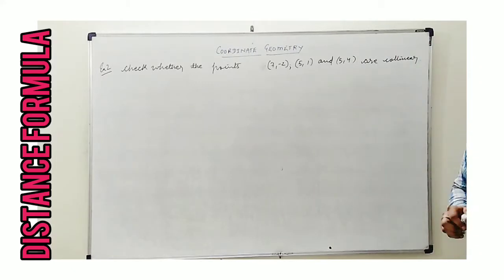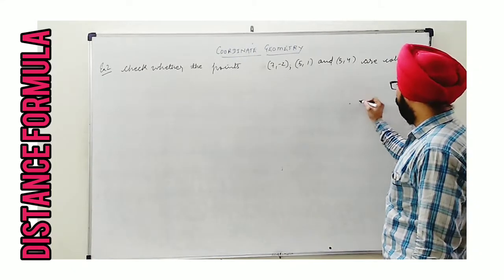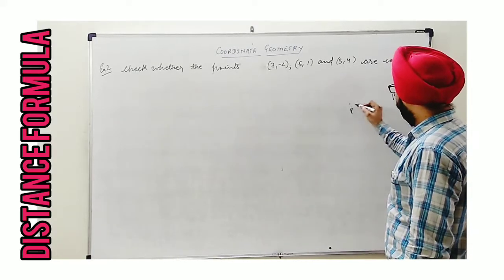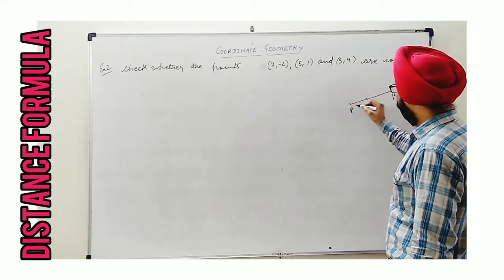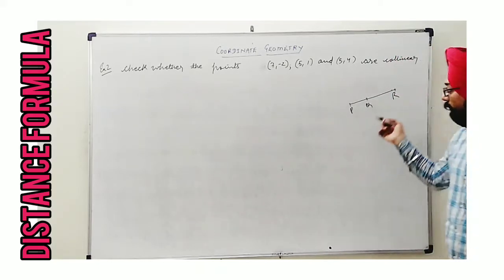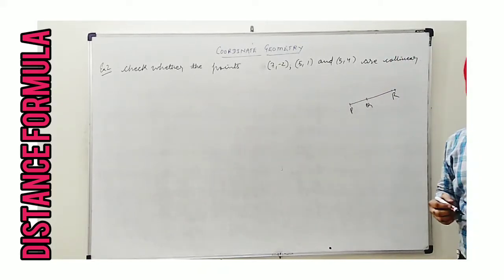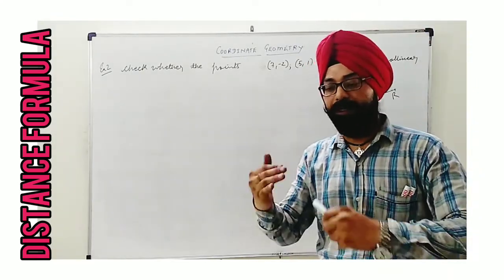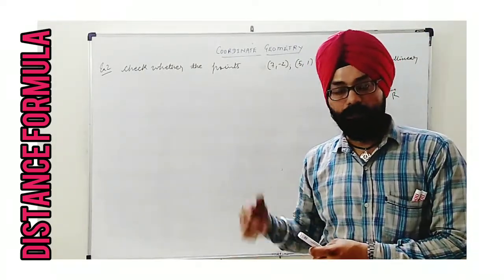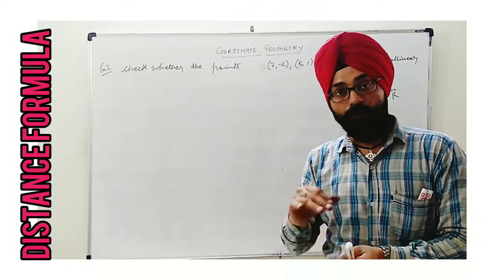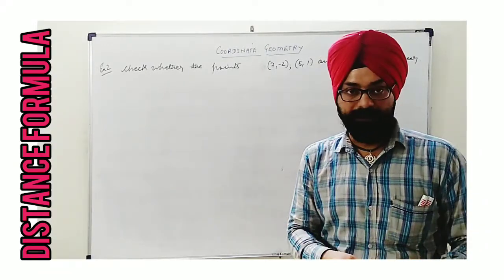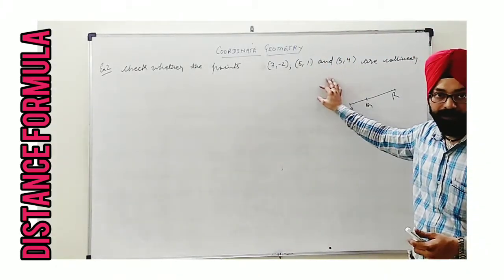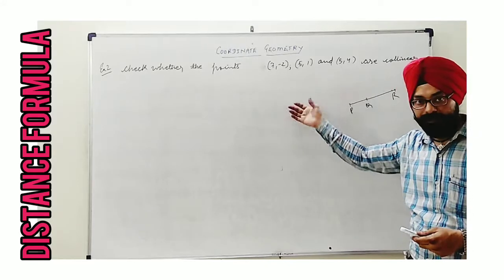How to prove the collinearity? Suppose 3 points are there, P, Q, R, and if they are collinear, they are lying on the same line. So what theory can be applied? We actually have to use the distance formula. This concept of collinearity, you will find, as we are going through this chapter, coordinate geometry, that collinearity has been proved in different ways. So the first application of the distance formula, we are going to see collinearity. We will use other concepts also, but later.